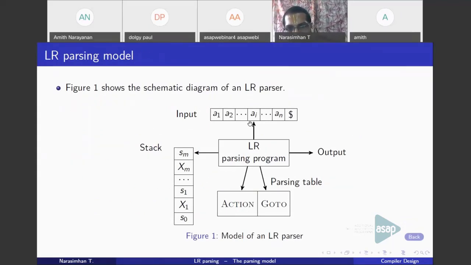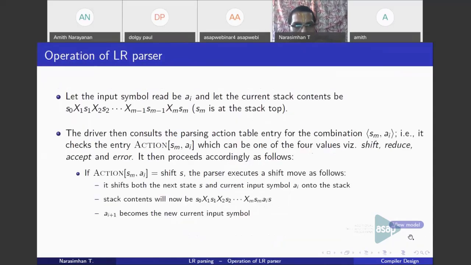That is the current configuration. The current stack contents are S0, the initial state, then X1, S1, X2, S2, and so on up to Xm, Sm, with Sm at the top, and Ai is the current input.